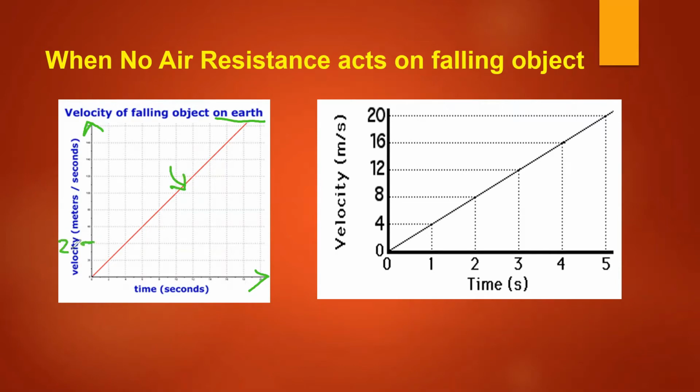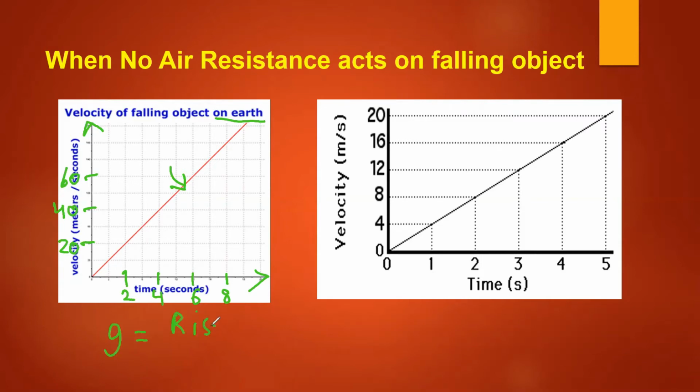If you see from here, 20, 40, and 60, and the time is 2 seconds, 4 seconds, 6 seconds, and 8 seconds, then if you plot it, the gradient is g, and g equals